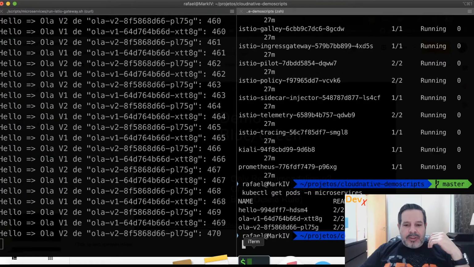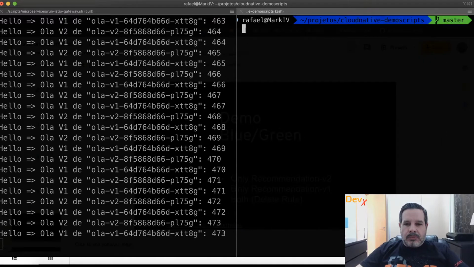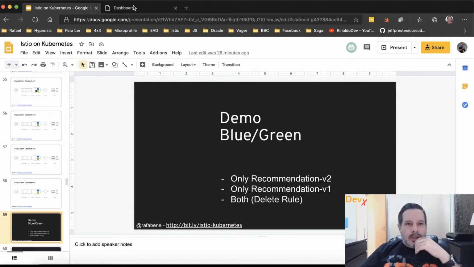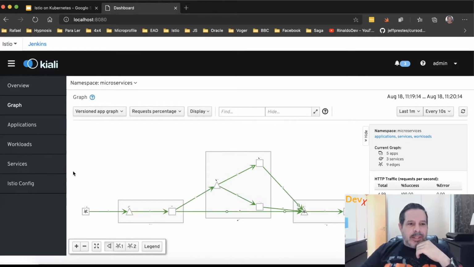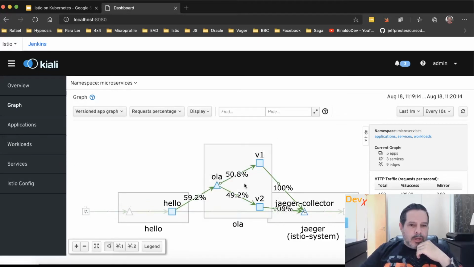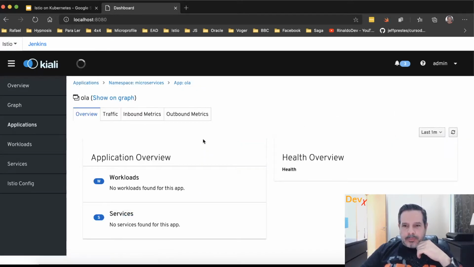Let's do that. You can see that I have version 1 and version 2 here of Ola. And what I will do is use Kiali. So let me get here the services of Ola, right?